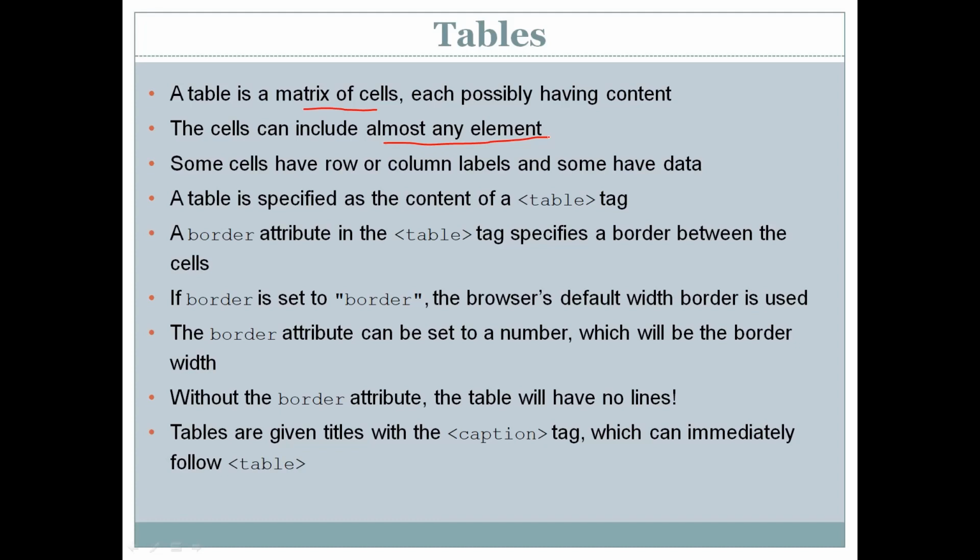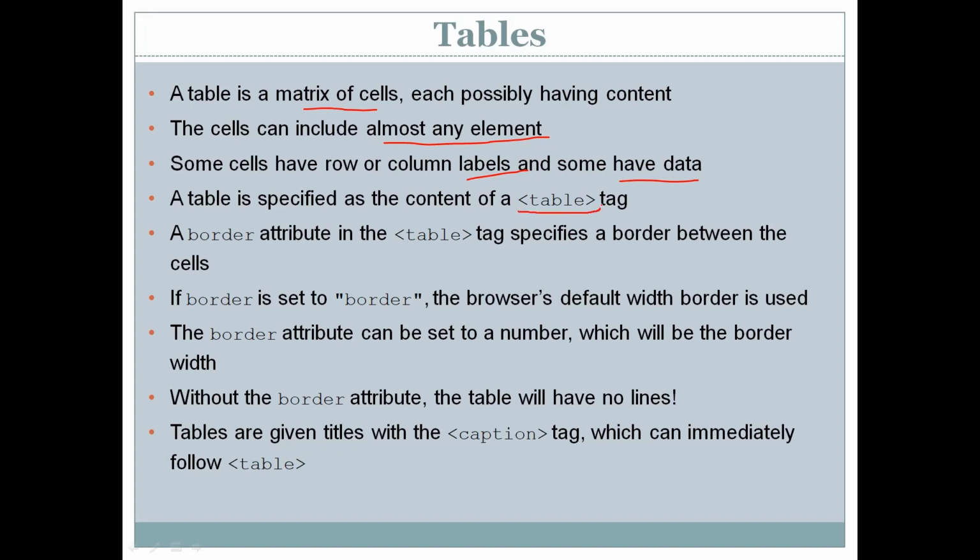You can add an image, and other XHTML elements can also be added in a table cell. Some cells have row or column labels, that is the main heading cells, and some rows may have data.